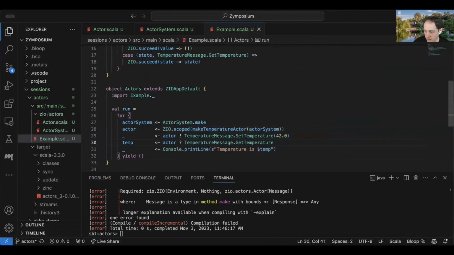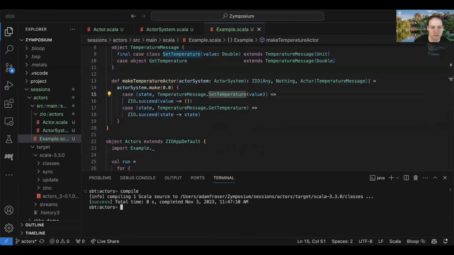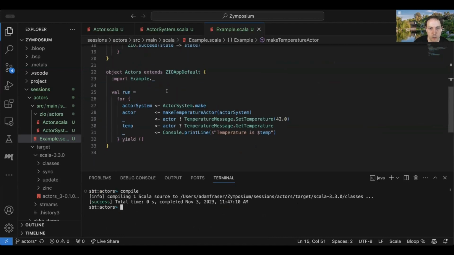So this is kind of testing for us: is the life of the temperature actor just bound to this scope in this temperature actor signature, if there is one, or is the scope of the temperature actor bound to the actor system? And the point of bounding to the actor system is this thing doesn't even have a scope in its signature, right? This was my bad. I did not remove that, even though I could have. So this does not even require a scope, and the scope is governed by the life of the actor system.